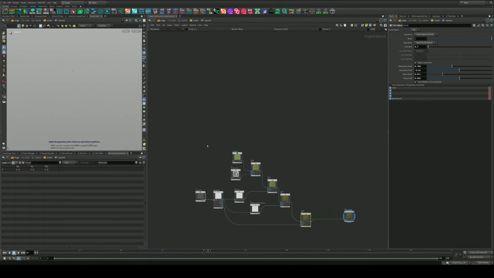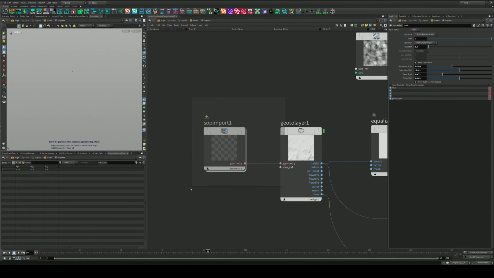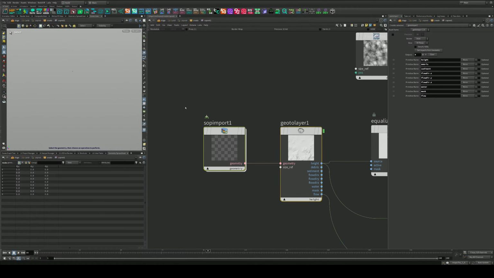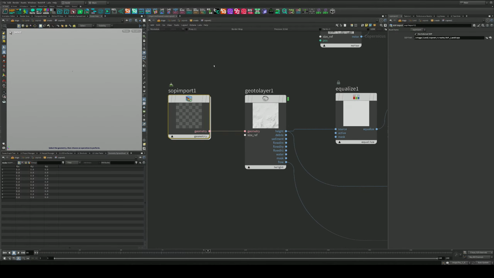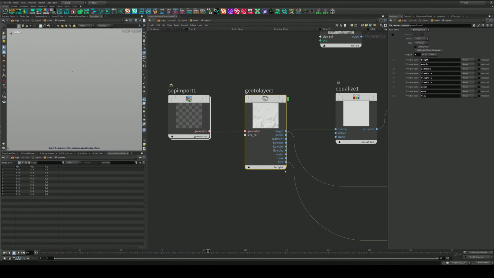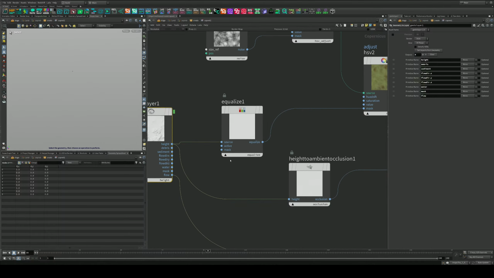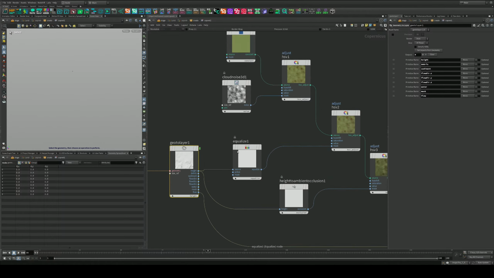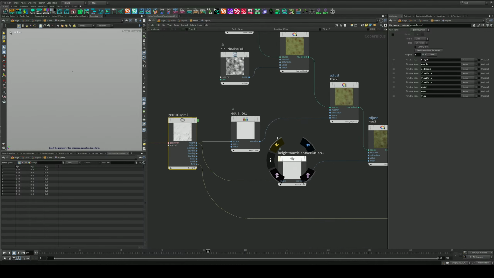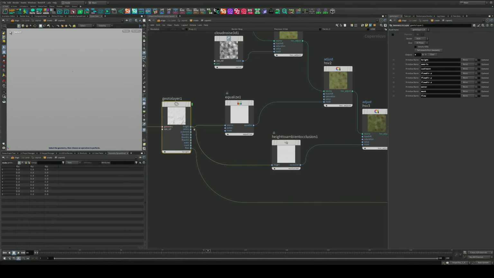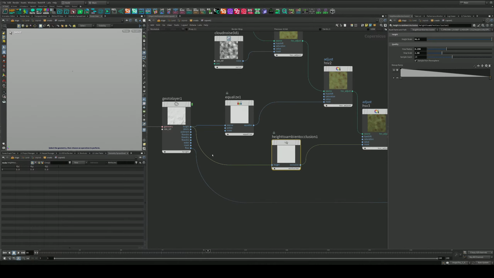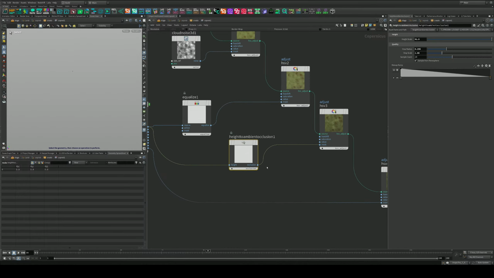So if we jump into COPs, he brings it in with the SOP import. You have to convert that to a layer, GO2 layer. The height field for the color, or should I say for color, needs to be equalized. Otherwise the values are way too much. But for the ambient occlusion, which is this one here,